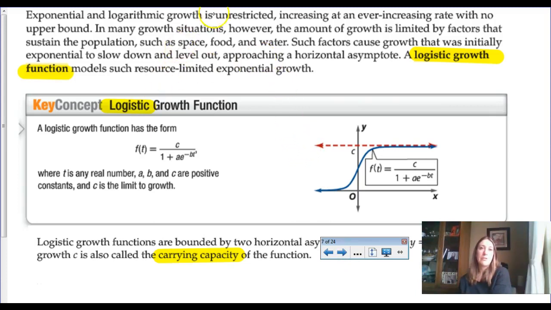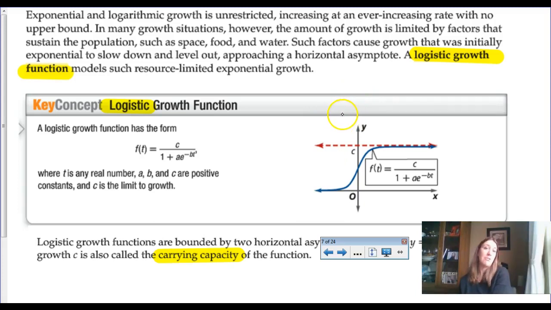So exponential growth is unrestricted, and it increases at an ever-increasing rate with no upper bound, which doesn't really apply to real life. The amount of growth is limited by factors within the parameters of the problem, like population or space. There's only so much that a population can grow until we run out of space or food, water. So we would create a function that would show initial growth, but then it's going to slow down